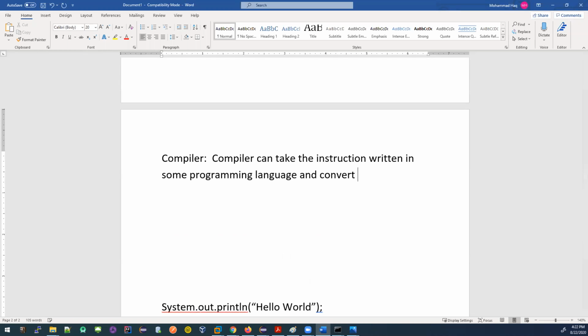Okay, fine. A compiler can take the instruction written in some programming language and convert it to some other file. This is important, to some other file. This is a very important thing to understand.